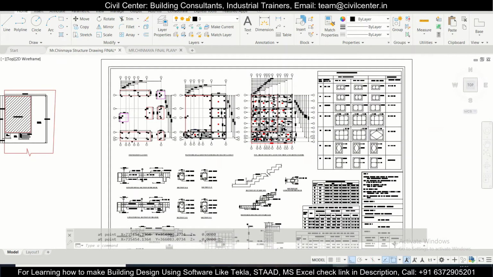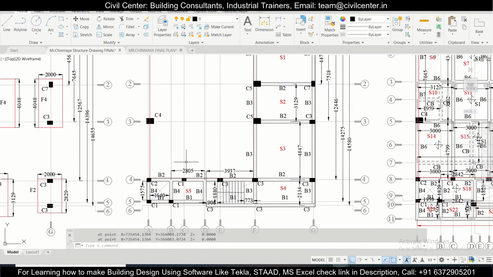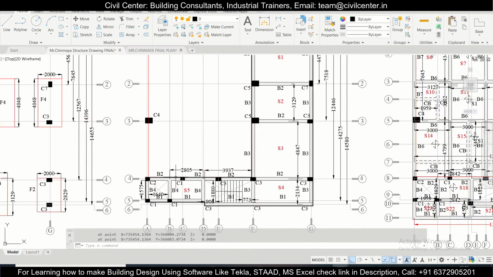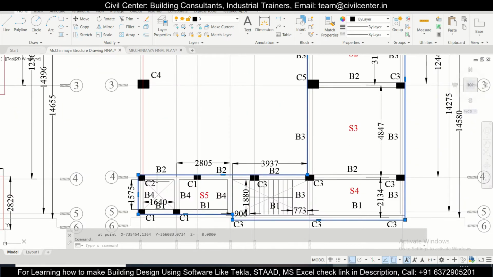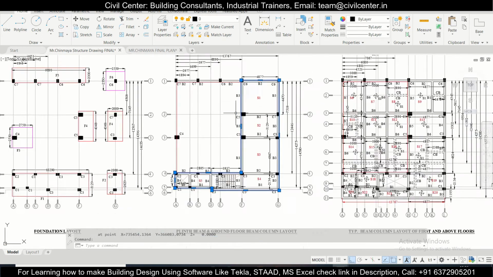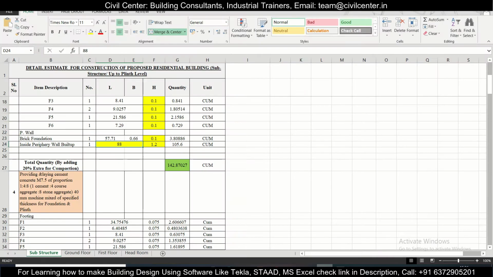For calculating the total area, you can do a simple calculation here. You will already have the polyline, as you can see here, and using this you can calculate the sand filling inside the periphery wall built up area. The volume of the beams can be deducted later.